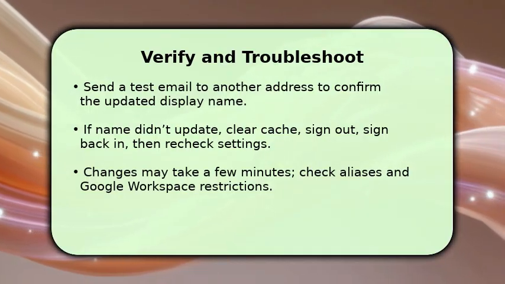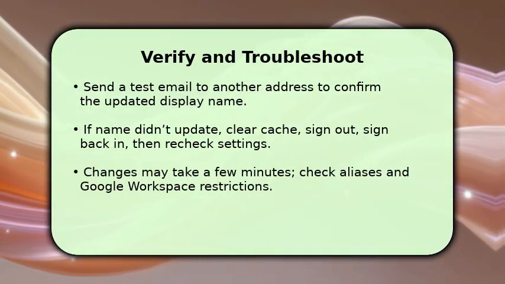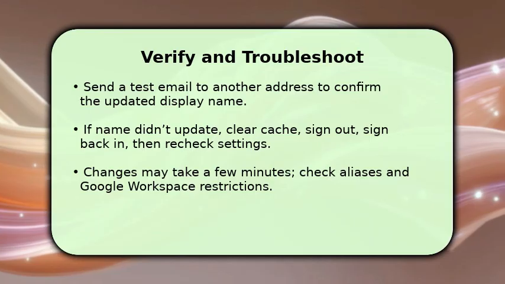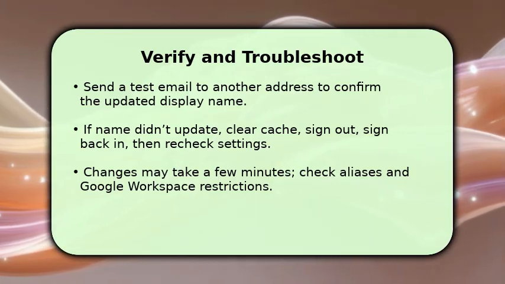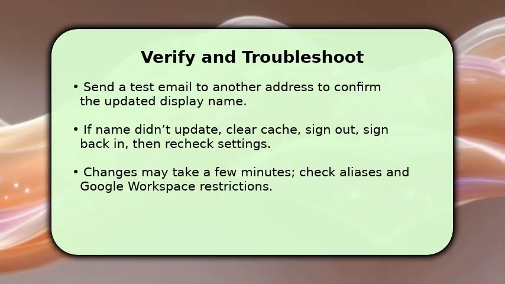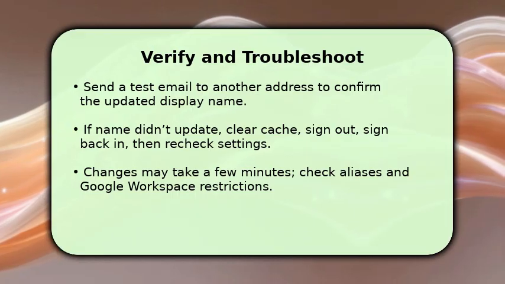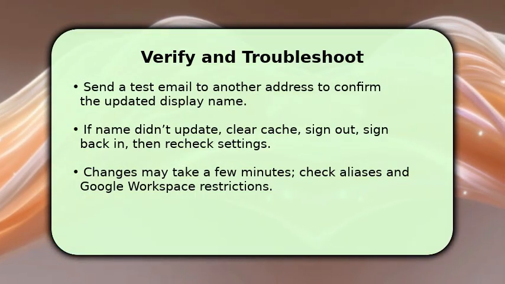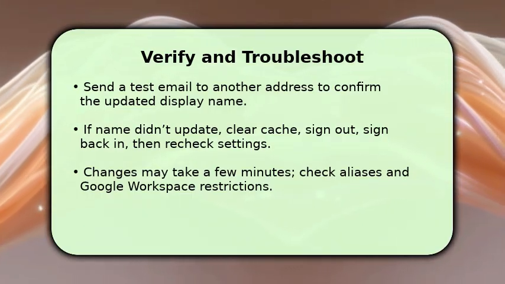If the display name did not update, sign out and sign back in or clear browser cache and retry the edit. Sometimes delays or cached pages block immediate changes. Make sure Google Workspace policies or aliases aren't locking the name. If they are, contact your admin. One key troubleshooting tip: wait 5 to 10 minutes and then refresh settings before